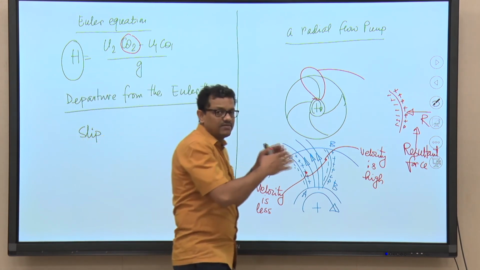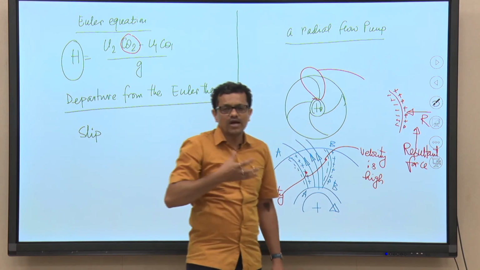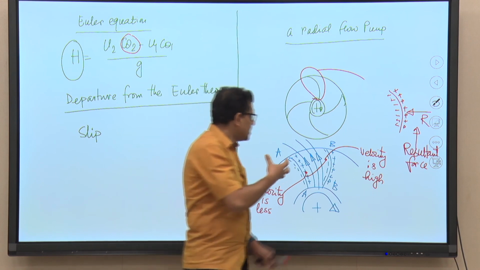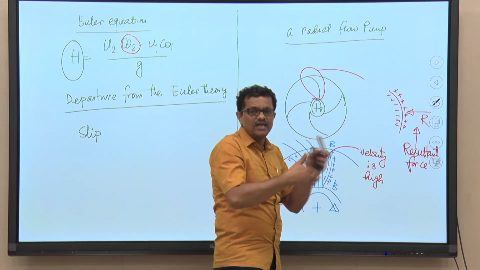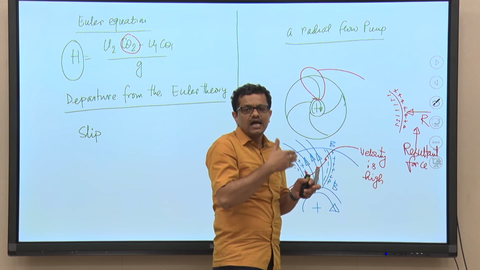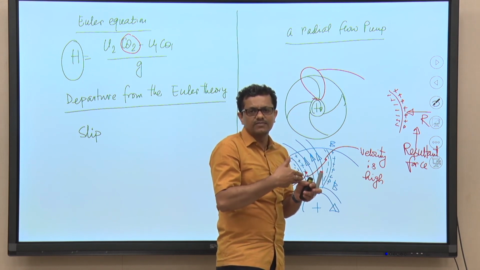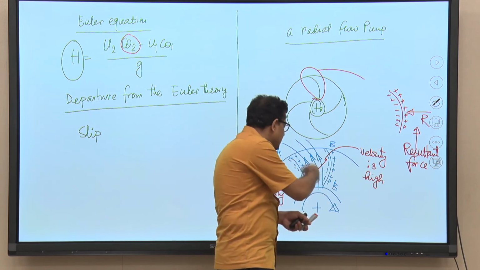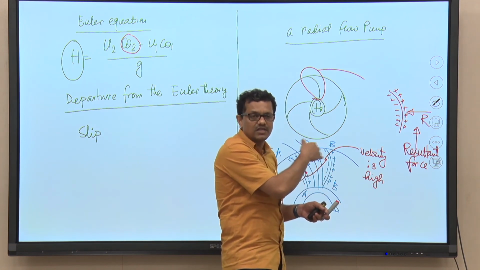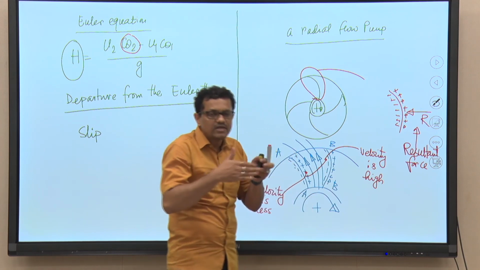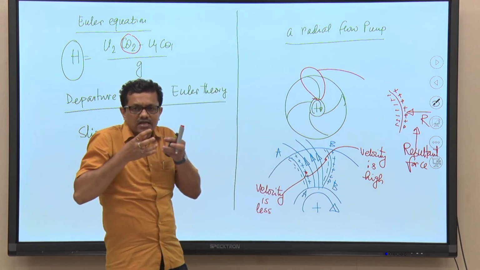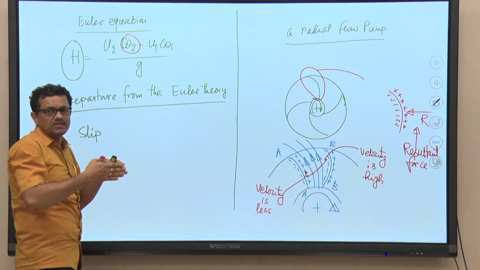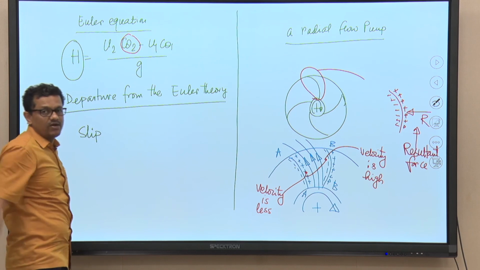So, basically in a pump, what we have understood, blades do work on the fluid. We are giving input energy, that is the mechanical energy, and that energy will be converted into the stored energy of the fluid in terms of head. Now, a part of the energy will be extracted by the eddies which are being formed in the flow passage, for their survival as well as to grow in size. So, the head that we get in practice will be less than that predicted by the Euler equation.